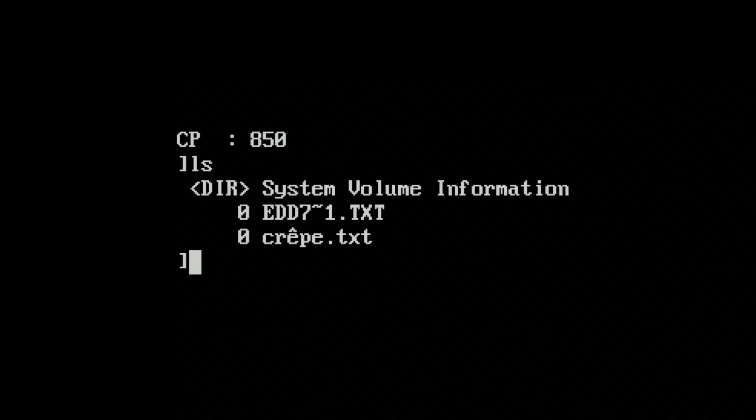The -1 on the file name is how the file system keeps short versions of long file names unique. You can still use the file, but the name is a mystery if the code page doesn't have the necessary glyphs. If we change to code page 855, we can see that the mystery file name is revealed, but the French file name falls back to its short version.